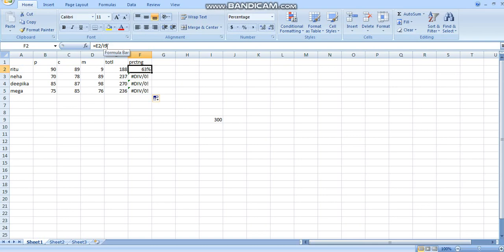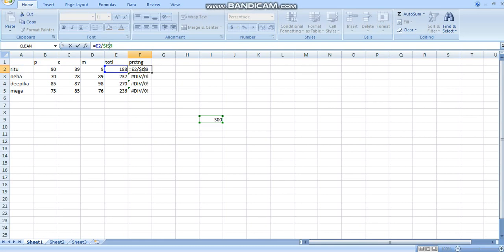How will I fix it? Before I, I will write a dollar sign, and I have to fix 9 also, so I will write another dollar sign. Why do I write the dollar signs? Because I want to fix column I as well as row 9. I want to fix both row and column.